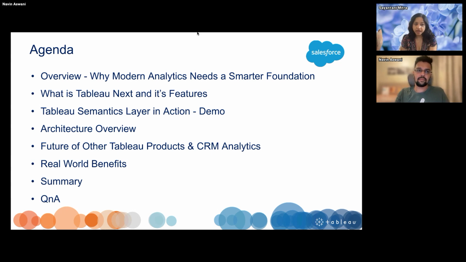Architecture overview, and then what is the future of Tableau products and CRM Analytics? It's a question which has been on everyone's mind since Tableau Next was announced. And in short, nothing is going away, is what I can tell you off the top. Real world benefits of using the products, and of course, then we have Q&A and anything else you guys want to discuss. Next slide.